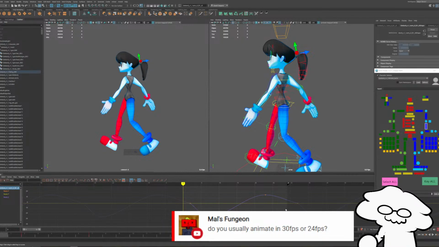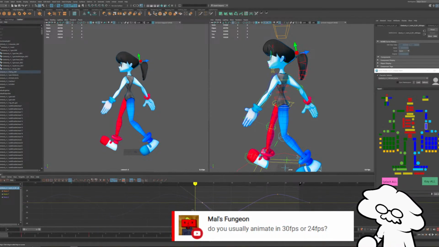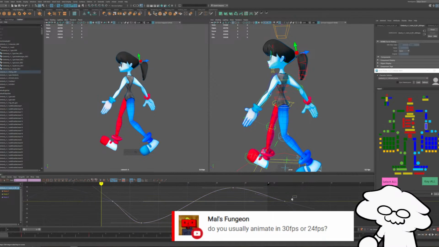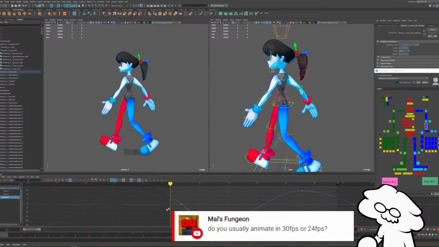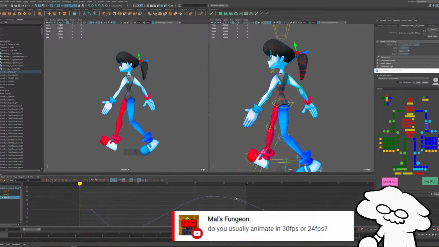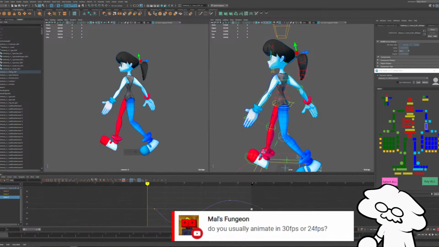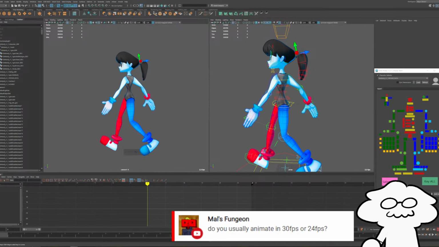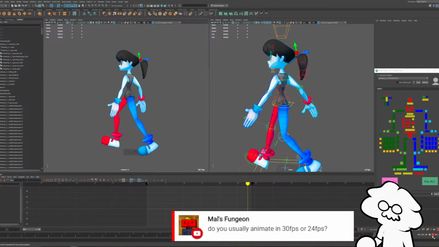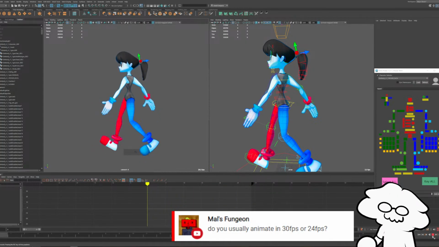It's not always perfect in Maya, at least. I need to adjust this key so it's a little bit better. Oop, we don't want to affect any other keys. But we want it to not have a hitch in the actual final loop. Like that. Maybe we'll polish it from there afterwards, but we just want to avoid that hitch.